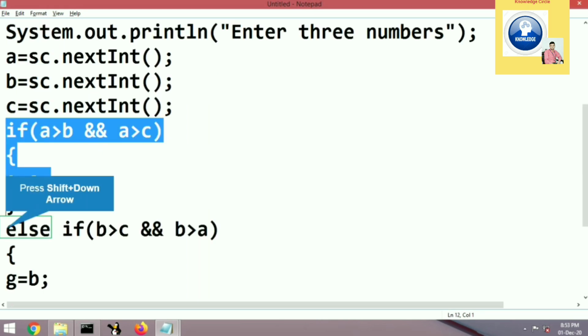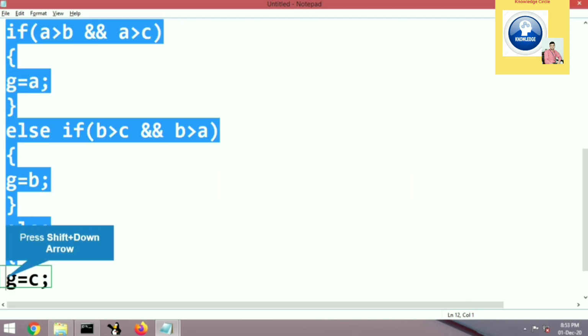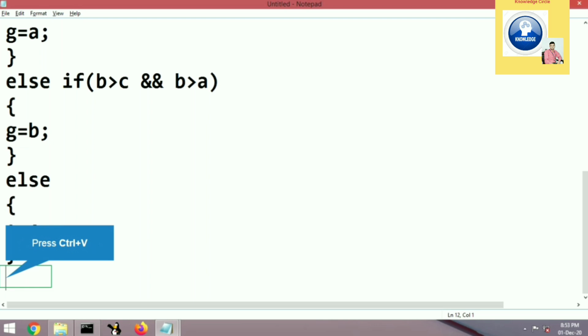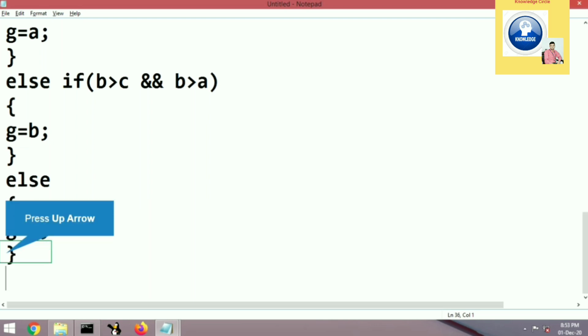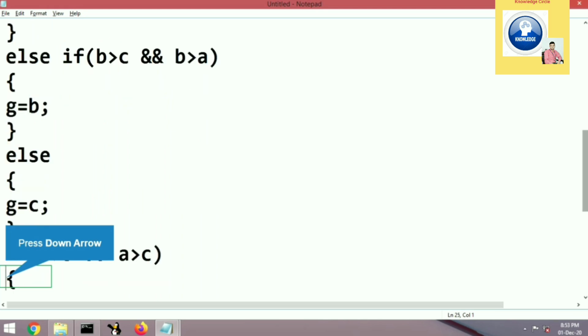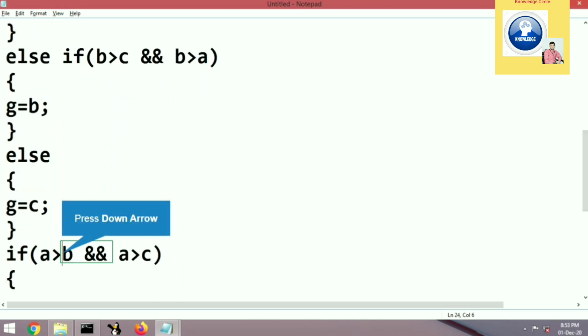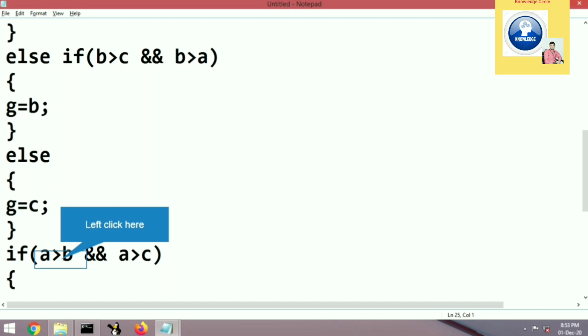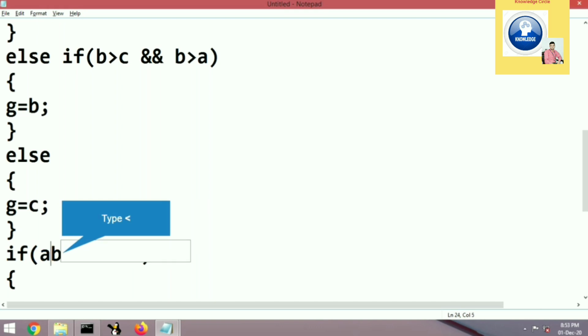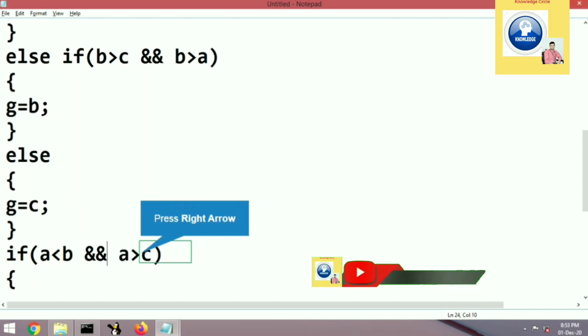Now what I am going to do, we have to change a small thing here in the code. So I'll just copy the code and I will paste it here, and we have to find out the smallest number. So the change I'm going to do here, in the place of the greater sign I will replace it with the lesser sign. So let's see, if A is smaller than B and A is smaller than C, what we have to do, we have to make only a few changes.